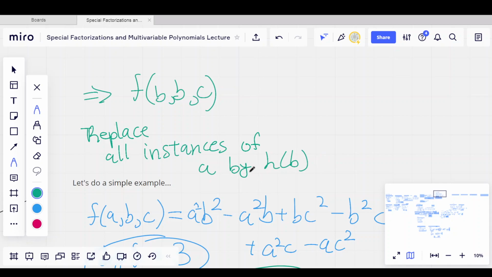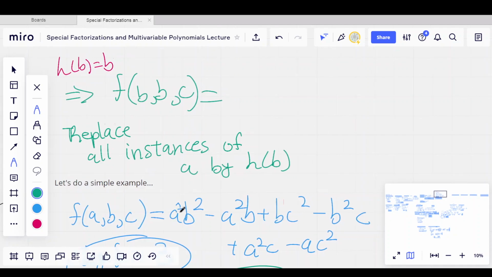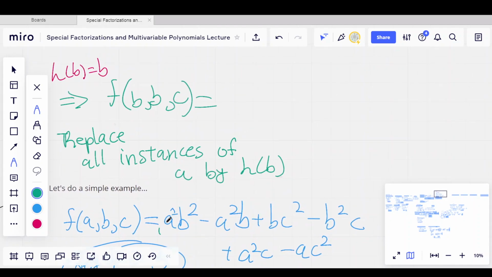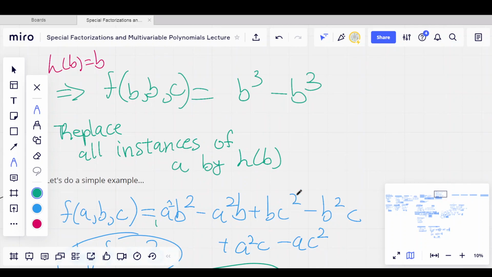So in this case, h of b equals b. I'll do this in red. H of b equals b. Okay. F of b, b, c, what would this be? There's this a right over here, which is just b times b squared, so b cubed. Minus, this a is just b, so b squared times b, negative b cubed. And then bc squared,